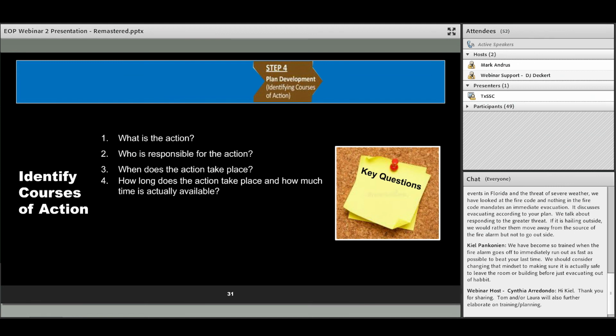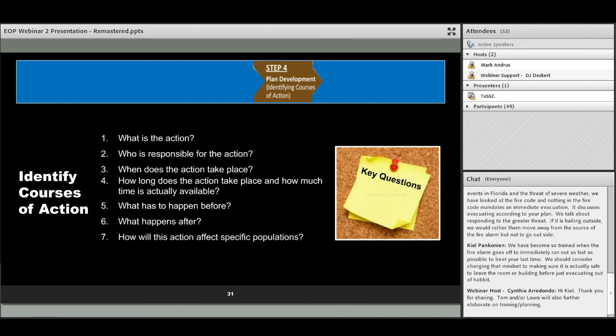Every event may have different scenarios. We know that a violent incident like a school shooting, the incident itself, the actual shooting and the taking of lives or injuries, usually lasts a very short period of time, but it can be a very, very long extended operation depending on any injuries and crime scene and all those. So it's very important that you look at all these different key questions, and they're going to be different for each group and each of your EOPs. You make sure that you identify all those courses of action that are effective or essential to your school and your plan.